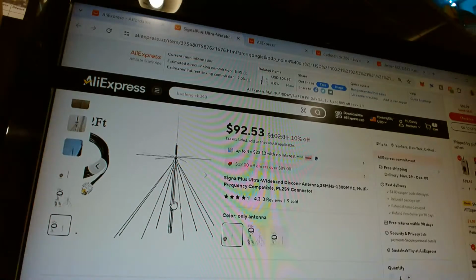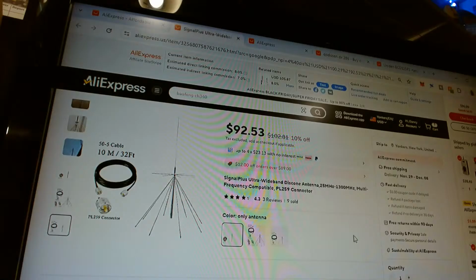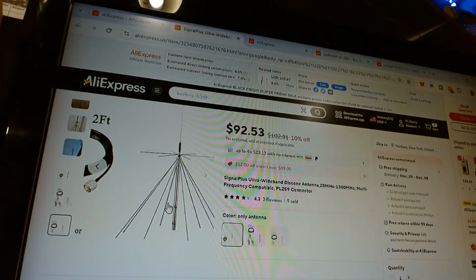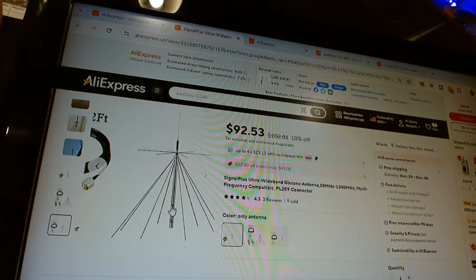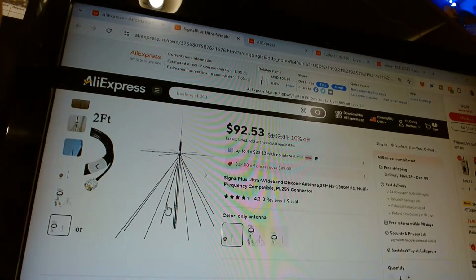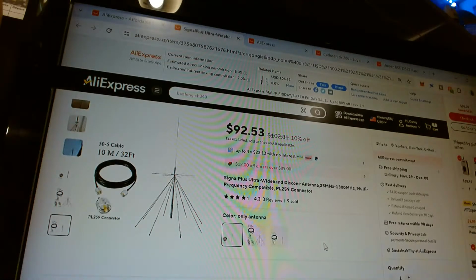I even picked up longwave with this antenna. I picked up a longwave signal, 60 kilohertz WWVB, with this antenna. It was this antenna that I picked up one night, WWVB on 60 kilohertz.